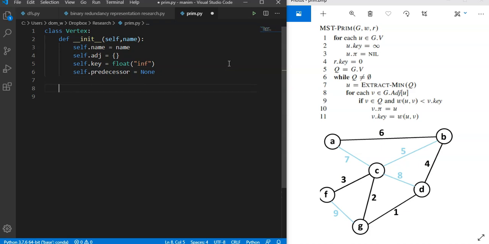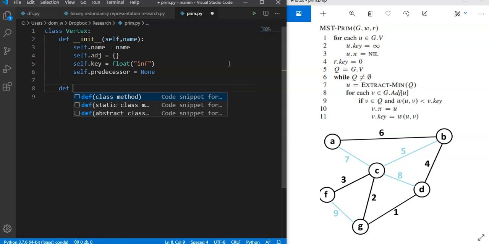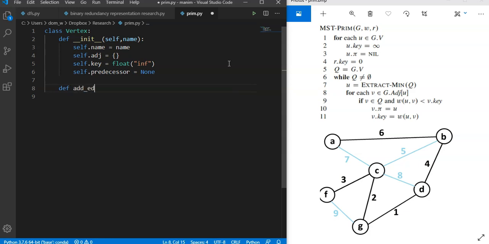Now we are going to define a way for adding edges. And that would take another vertex as well as the weight of the edge. And what we would do is we would add that new entry to the dictionary,